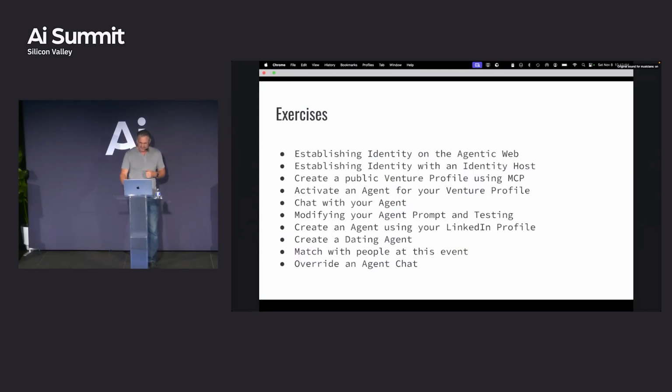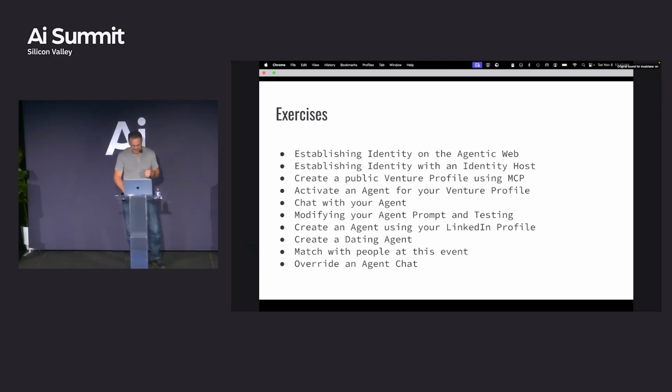So jumping in here now, and I'll try to slow down a little bit, we're gonna do a bunch of exercises. The idea here is hands-on, be on your laptop, typing stuff, and what you'll find is that as you do these transactions on the Agentic Web, the tools I'm giving you provide debug. So you can look at exactly how the MCP transactions are formed. I think that's the good thing to dive into to really understand.